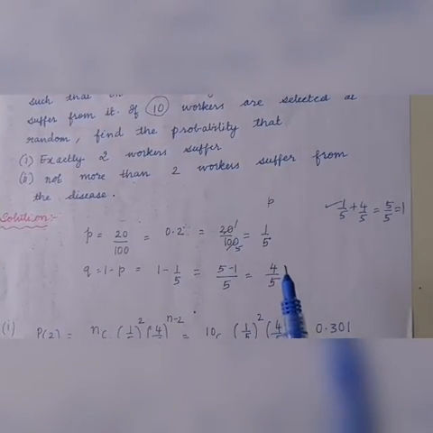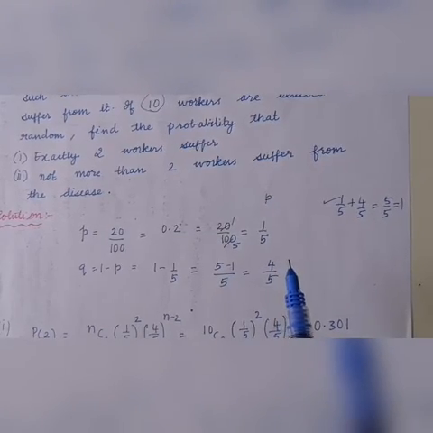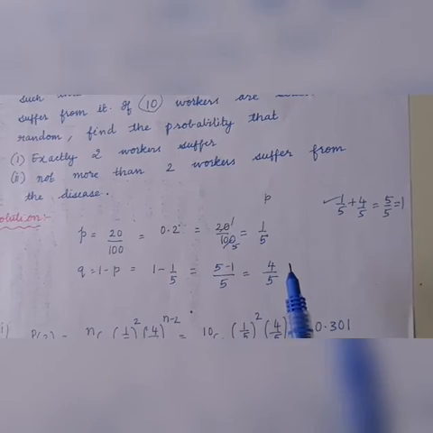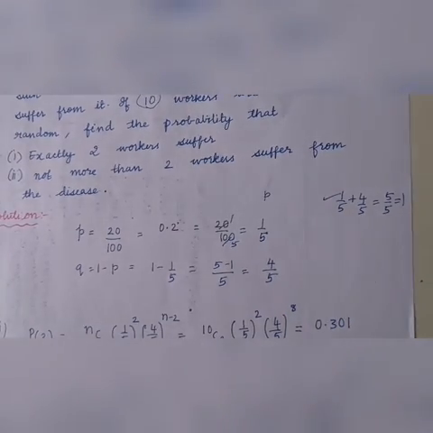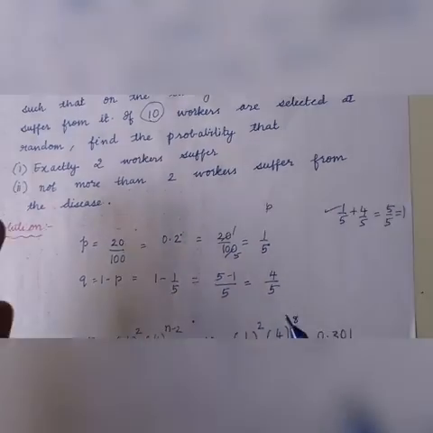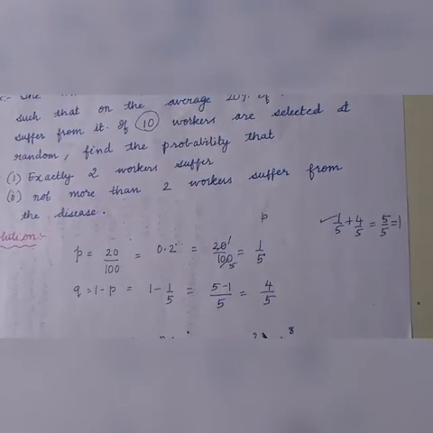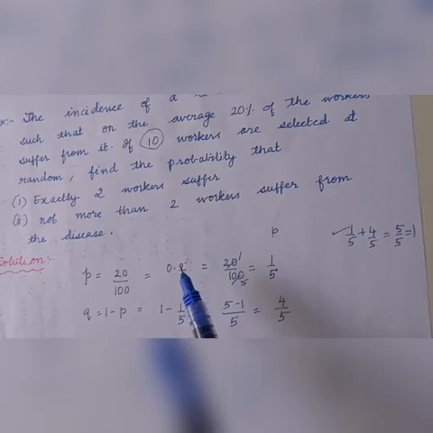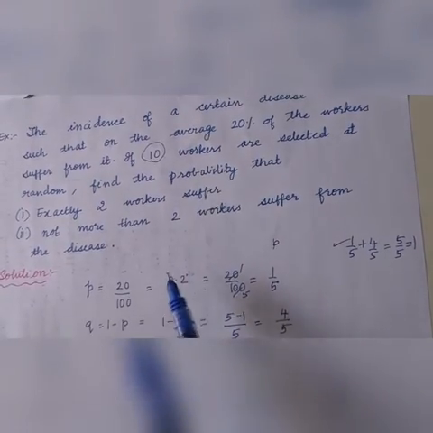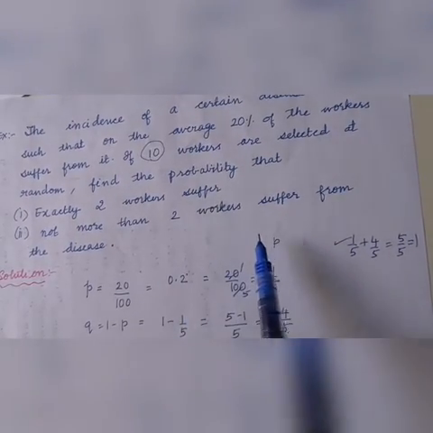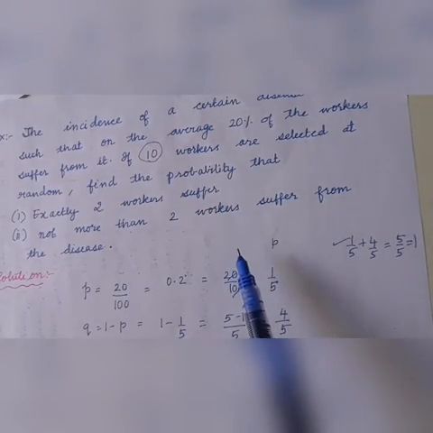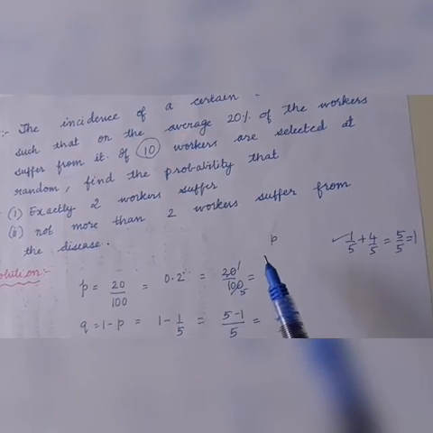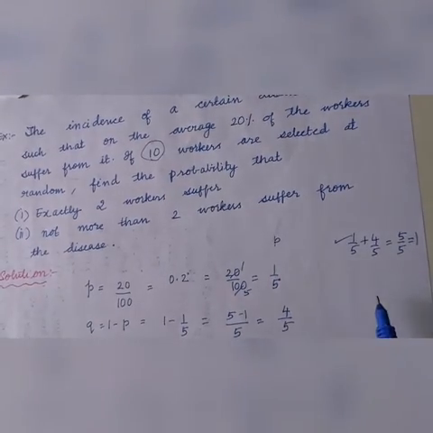Now why are we specifically using binomial probability here? We cannot take the combinations here. It becomes difficult for us to see the combinations, how exactly 2 people are getting affected, or how exactly more than 2 people are getting affected, how exactly 5 people are getting affected. So it becomes difficult for us to write the sample space.